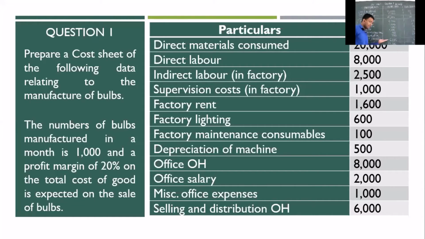So I'll repeat this once again. I have calculated my total factory overhead. When I have totaled this, I've considered only these items: indirect factory material, indirect factory labor, and indirect factory expenses, and I've figured out my total factory overhead is 6,300. Then I have calculated my factory cost. How did I get my factory cost? My factory overhead plus prime cost has given me my factory cost.